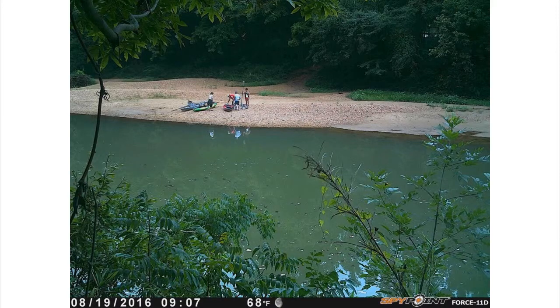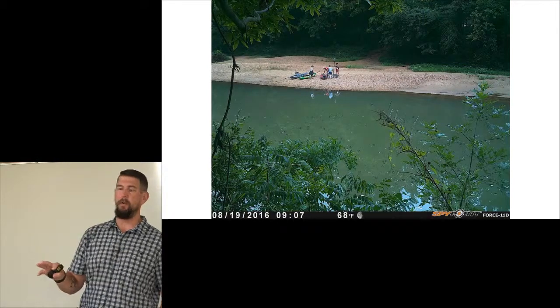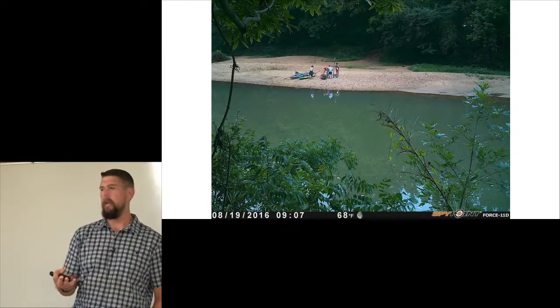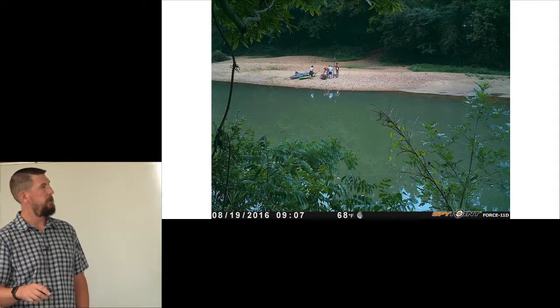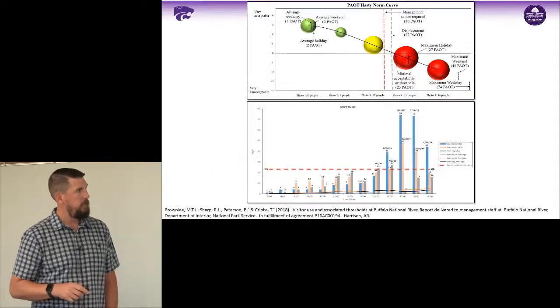So basically this camera takes a picture every 15 minutes and it gives us a general overview. We only check these cameras about once every 3 or 4 months. If we put it at any more than 15 minutes, the camera would die within the first week or two, right? And these things take about 12 batteries each. So we can get this data, and then what we can do with that data is